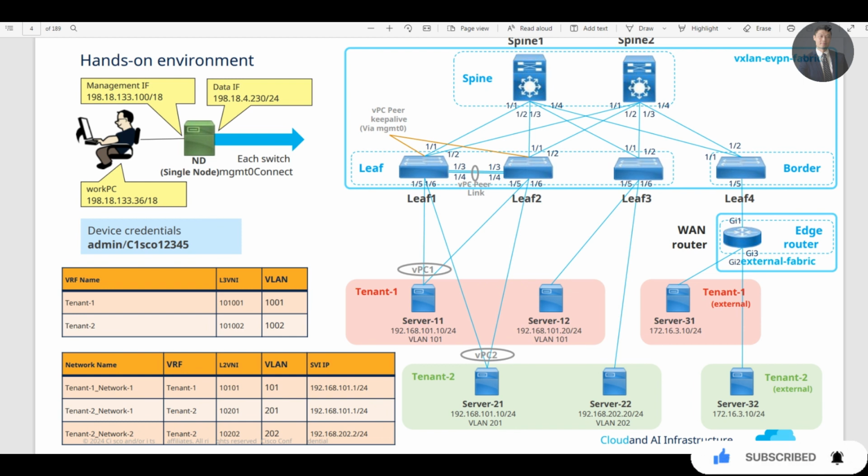Nexus Dashboard acts as a single console plane where fabric, switches, policies, telemetry all come together. Instead of logging into each Nexus switch individually, almost everything is driven centrally from this interface. This lab uses a full VXLAN EVPN topology with the spine switches, multiple leaf switches, and a border connecting to an external router. The fabric includes